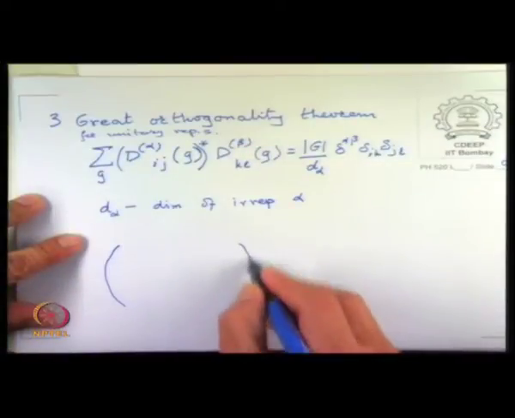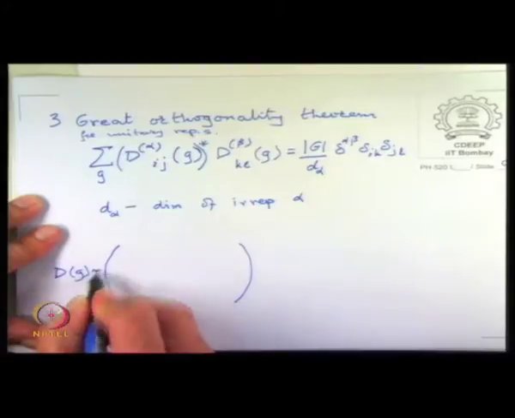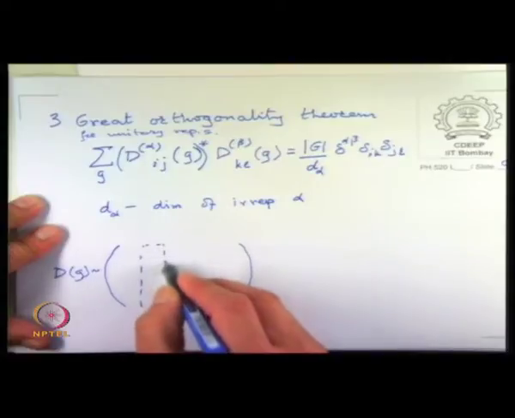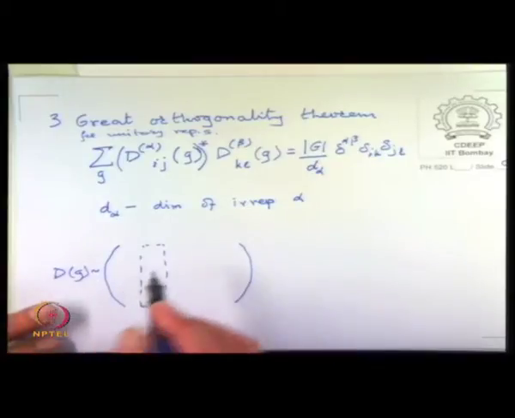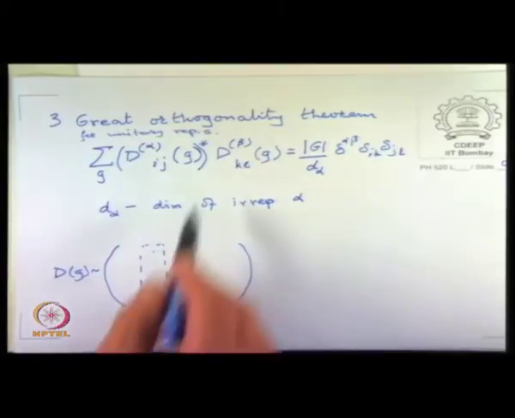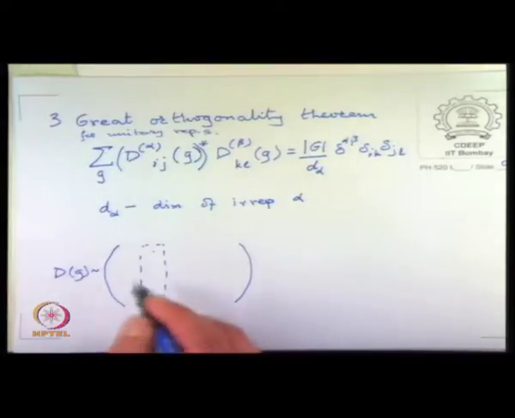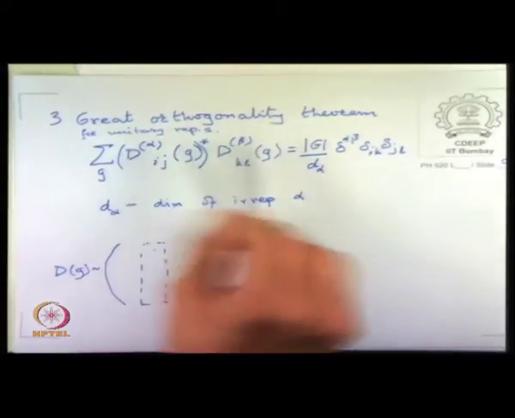So if I have a D of some g which looks like this, then it is a statement about the column vectors and row vectors when I sum over all g and multiply the corresponding elements. I have to draw the corresponding D beta, but it is essentially a statement about the representations matching. Alpha has to be beta